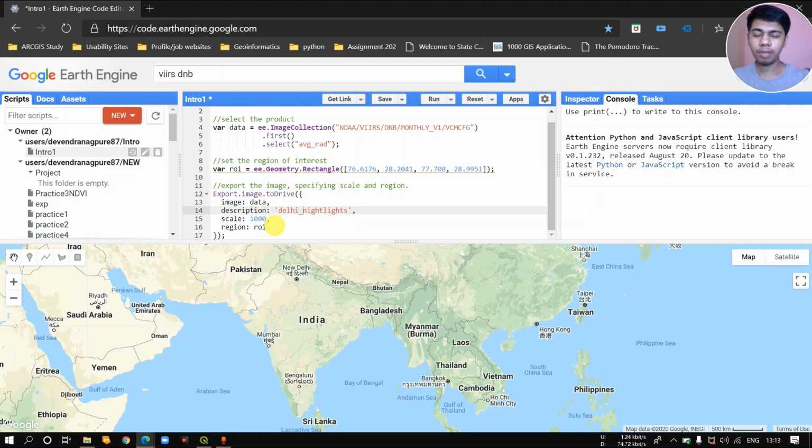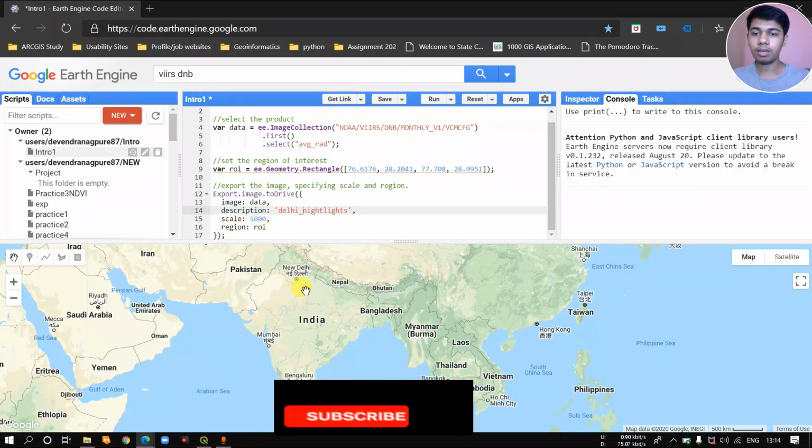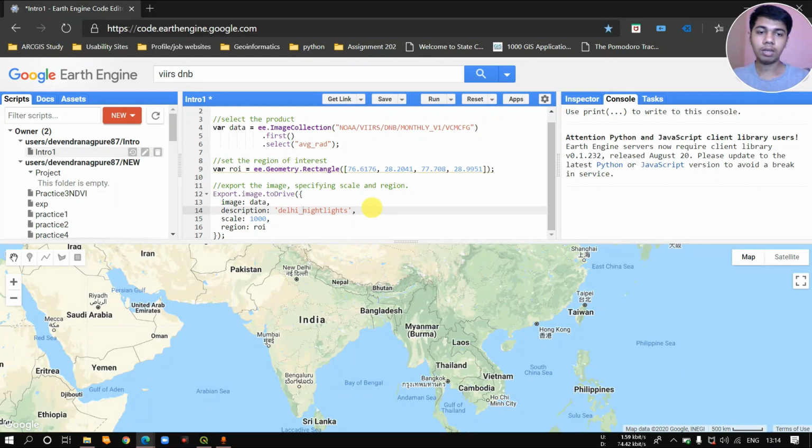Mostly the resampling technique used over here is the nearest neighborhood resampling technique, and that is the default resampling technique. Then I have set the region of interest as the ROI, which is my Delhi region area. So you can download your dataset, your region of interest, as per your need.